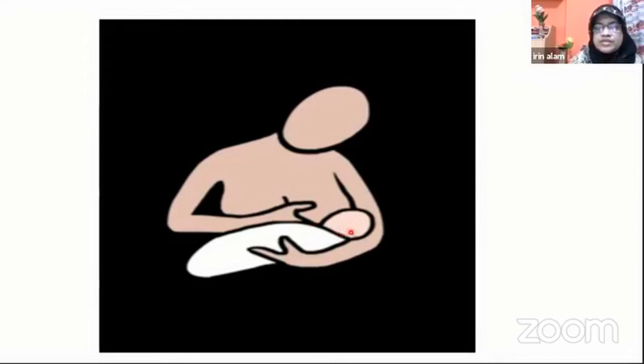This is positioning. Baby is in a straight line, baby's neck in the elbow, baby's head, body and neck in a straight line and supported by the mother's hand, and baby's skin to skin contact. These are the points of positioning. And you tell the mother that you should put your nipple to the baby's mouth, and the baby will open the mouth widely. Then you will put the breast into the baby's mouth. Then you'll show the attachment.